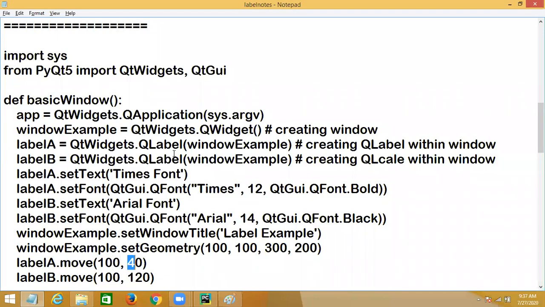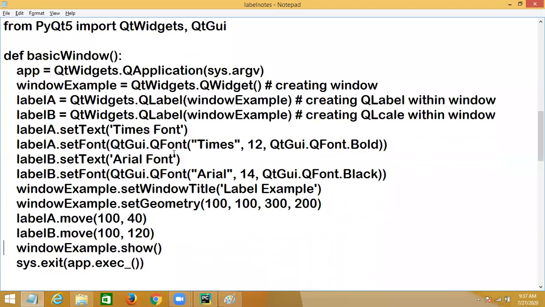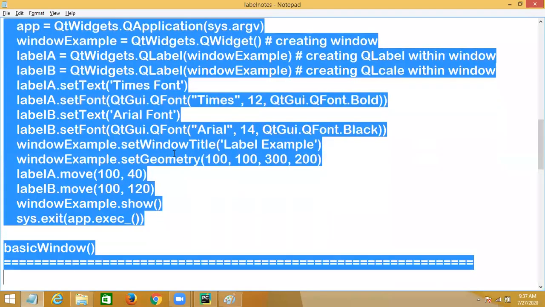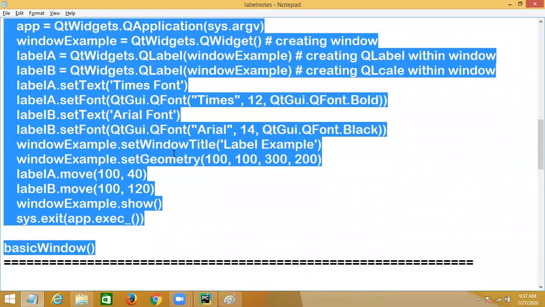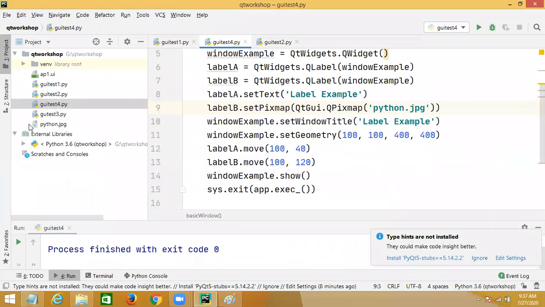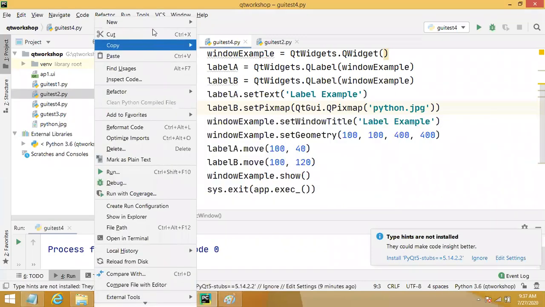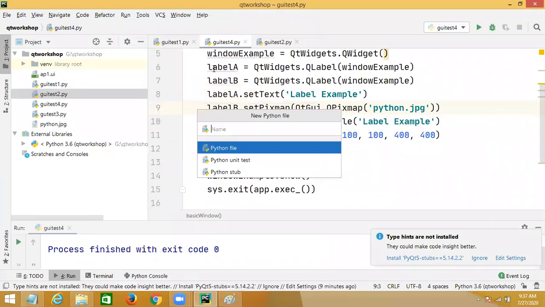Yes, this is a simple example for changing the font.